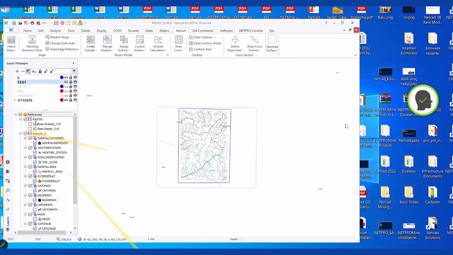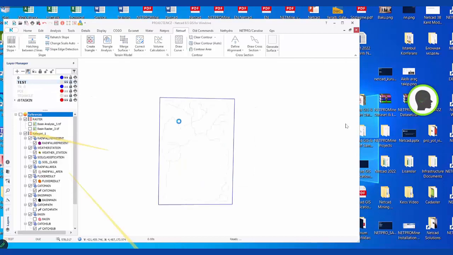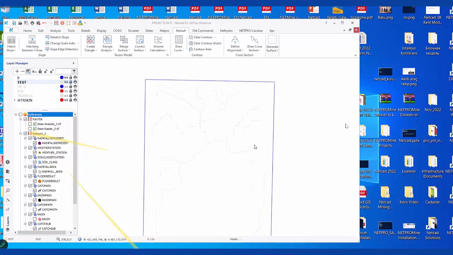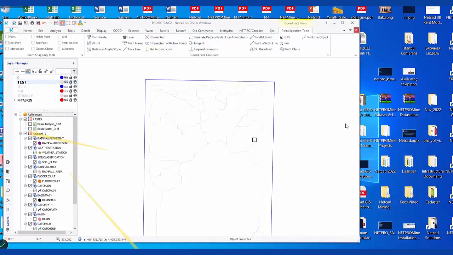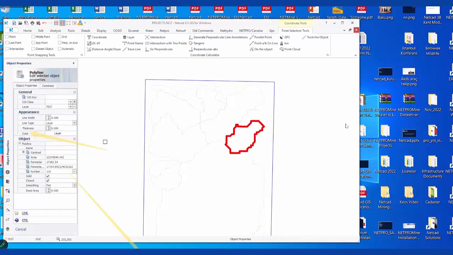So this one actually has that basin information. If I check this one,